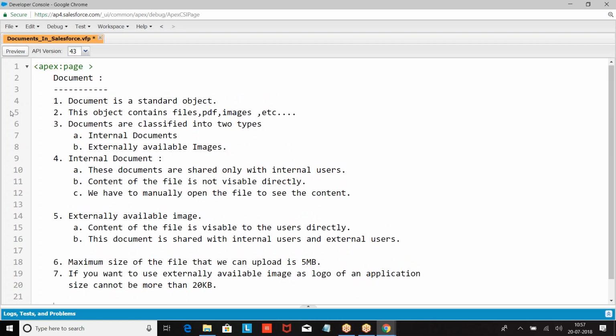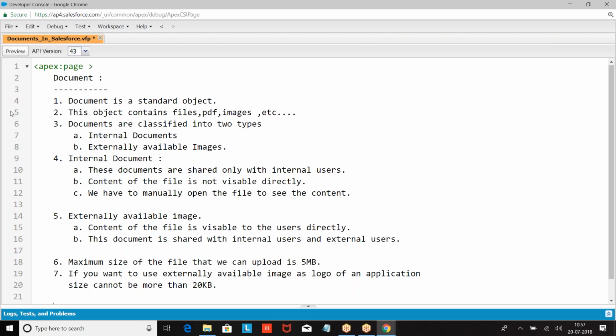So what is a document? It is a standard object. What is the purpose of this document? Document is used to store files, images, documents. How many types of documents? Two types. Internal, external. Internal means only internal users can see it.